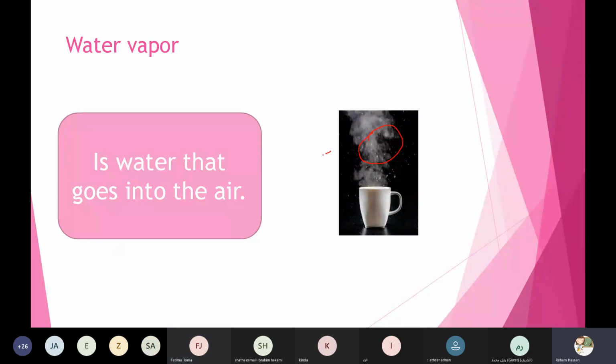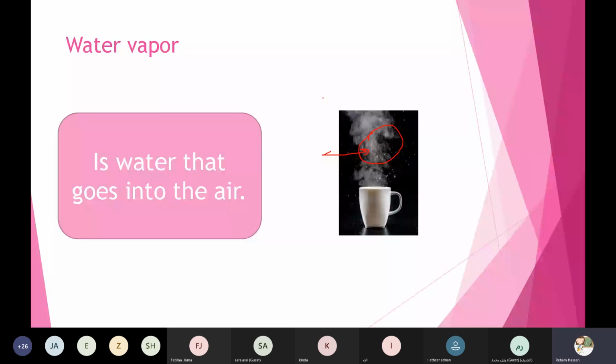This is the water vapor. It's called water vapor. Amazing. One more time. It's called water vapor. Yes, thanks a lot, honey. So this is the water vapor.